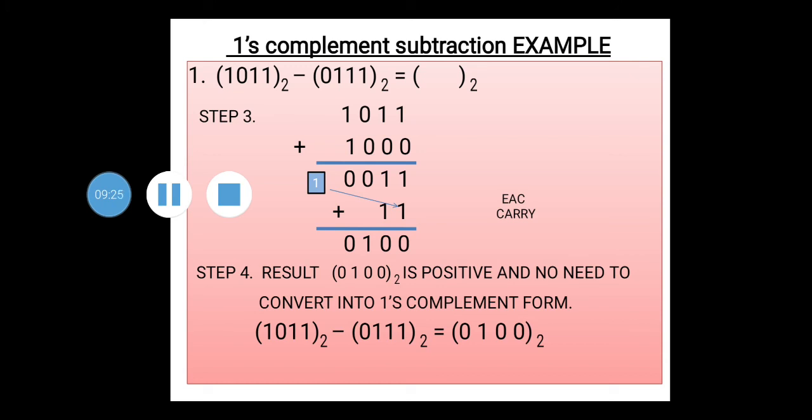You are not going to do any sort of conversion here. You can convert this binary number into a decimal number if it is needed, but since the question is in binary, there is no need of conversion. So this is 0100 and the answer is positive. So this is the rule of ones complement subtraction. We'll solve one more example over here so that it will be very clear for you.